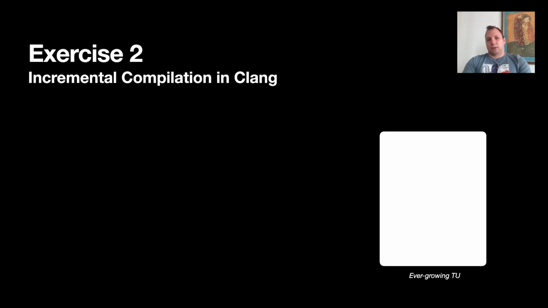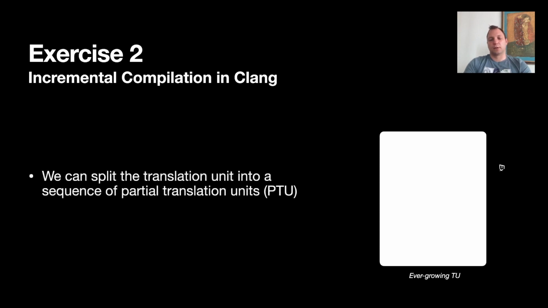But before that, I want to talk a little about incremental compilation in Clang, because this is a relatively new feature. So the canonical use of C++ is to have this embarrassingly parallel compilation, where we have a translation unit that's a CPP file, which includes a bunch of .h files, and then it forms a big text blob,